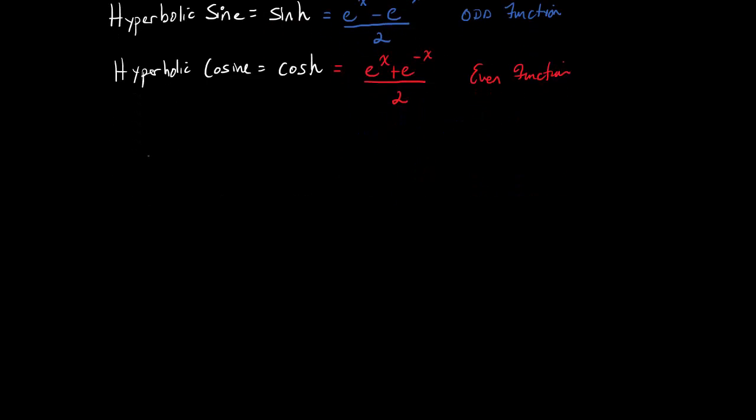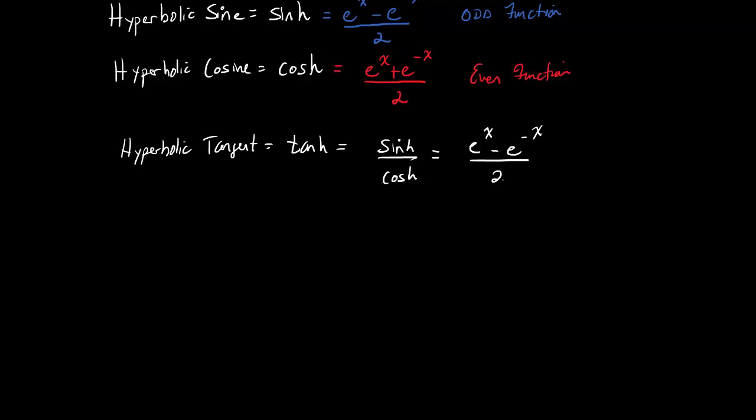Now we're going to have hyperbolic tangent. This guy is tanh. It's tangent h, tanh is the way that we announce him. Hyperbolic tangent has a very similar relationship to our normal tangent function. It's going to be sinh over cosh. So if we take sinh, which is a little bit complex to say, and we divide him by cosh,